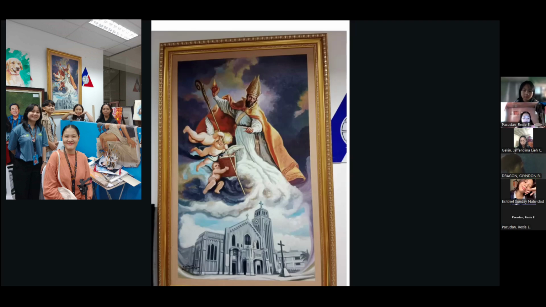So for me, the artwork evokes a sense of awe, reverence, and the sublime. The sheer scale of the cathedral and the majestic portrayal of the bishop and angels is intended to inspire us viewers to contemplate our place in the universe and our relationship with the divine. The overall effect is one of humility before a higher power, while also offering hope through the presence of angels as protectors and guides.